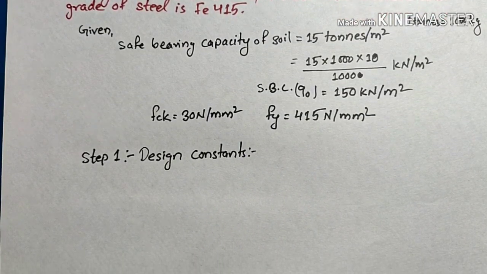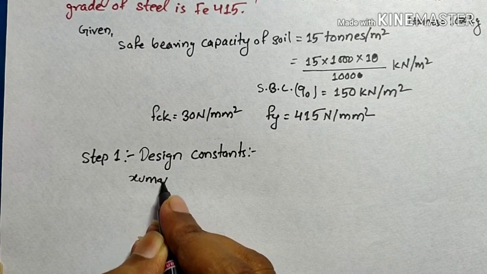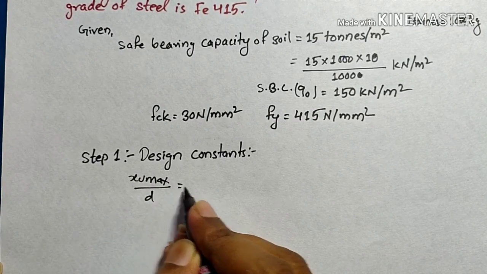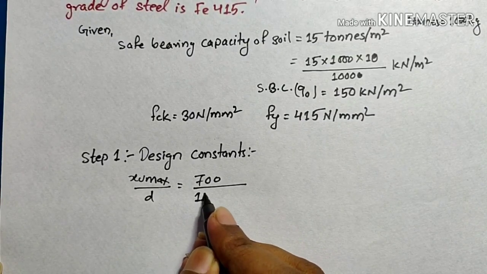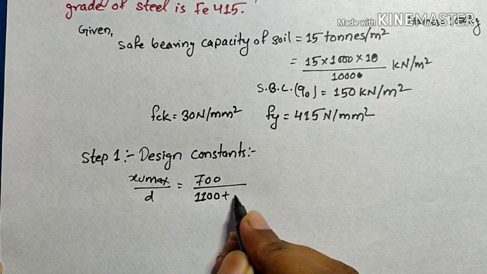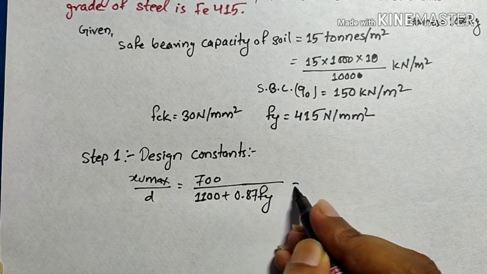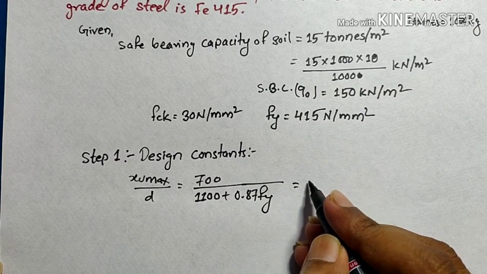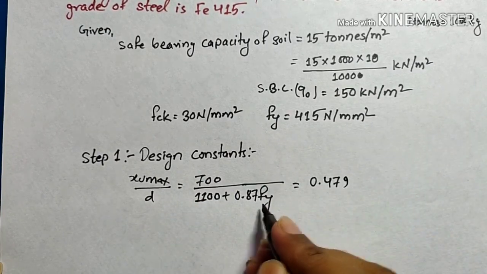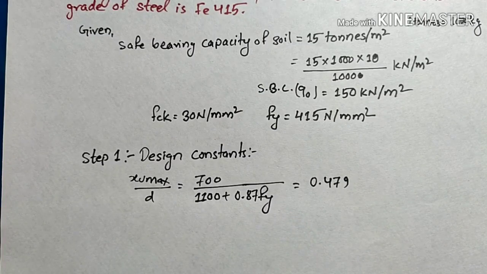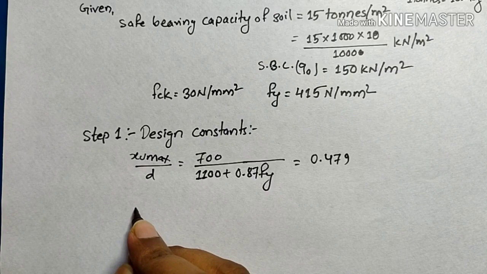We have the formula for finding design constant, that is XU max upon D equals to 700 by 1100 plus 0.87 Fy. On putting the value, we will get XU max by D is equal to 0.479. Just put the value of Fy is equal to 415,